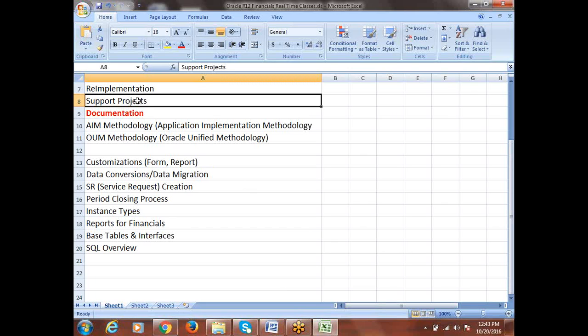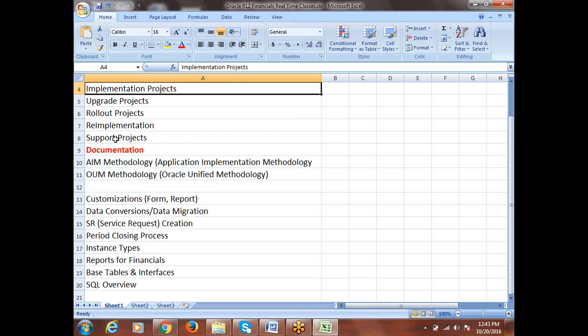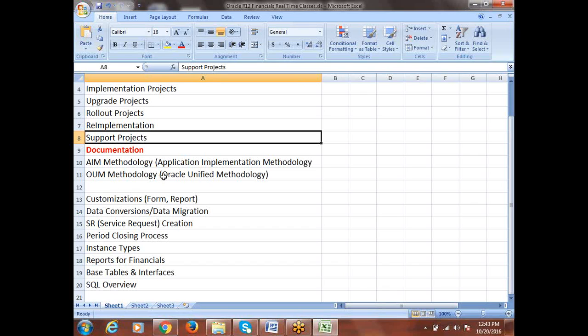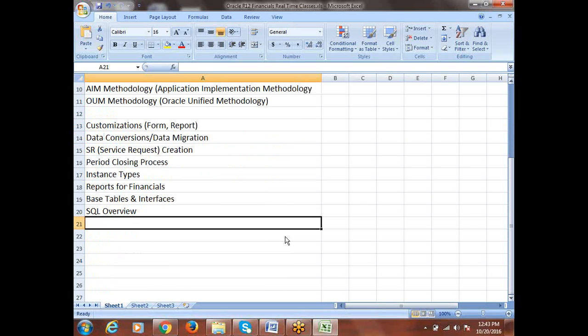When we talk about the separate support project, I list out the sequence of activities we'll be involved in, how the process works, which tools they'll be using, and how we'll be analyzing. If you are going to interact with Oracle, which information Oracle can ask for, and how to attend OWC sessions, etc. Everything will be discussed. Inside implementation and inside the support project there are many things you will be learning. You may not see them directly from here. The upgrade project process also will be understood. Apart from that, any other expectations, please?